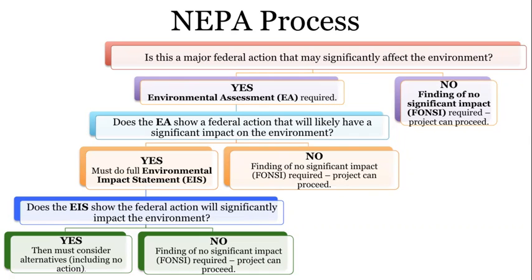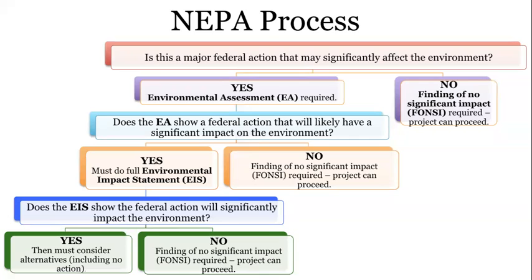There is the potential for environmental, we private citizens, scientist organizations, etc. We can show you that there's the opportunity for an environmental assessment, so on and so forth down the line. But anyway, does the EA show federal action that will likely have significant impact? If it's a yes, then the full-blown environmental impact statement. No, FONSI, done. If it is yes, then the environmental impact statement, that very time-consuming and expensive process.